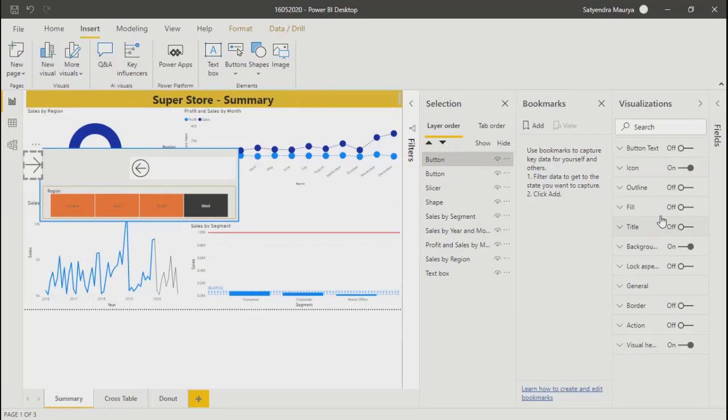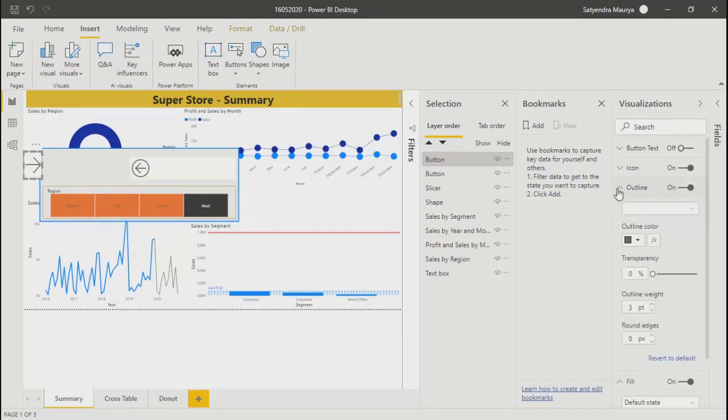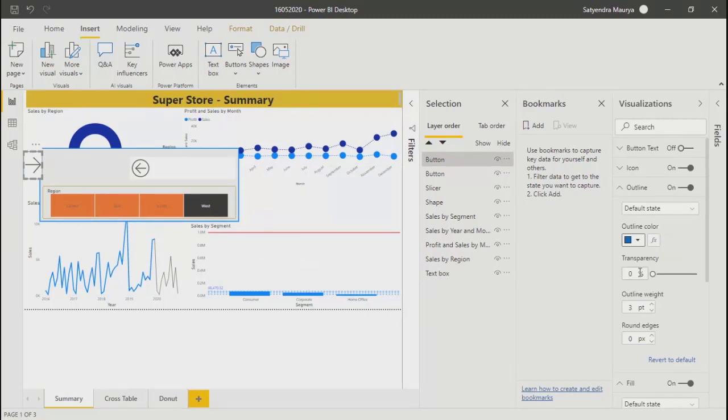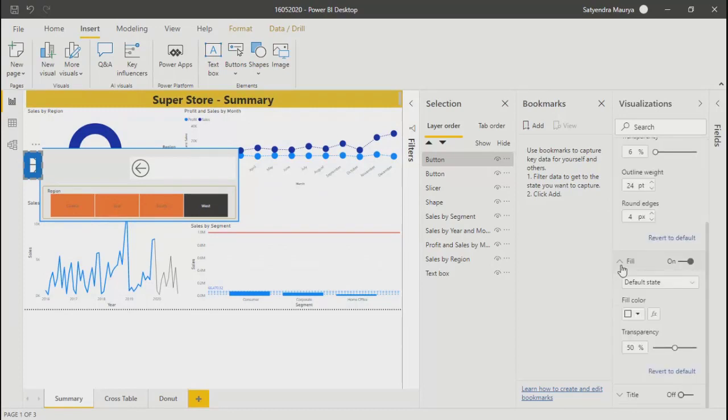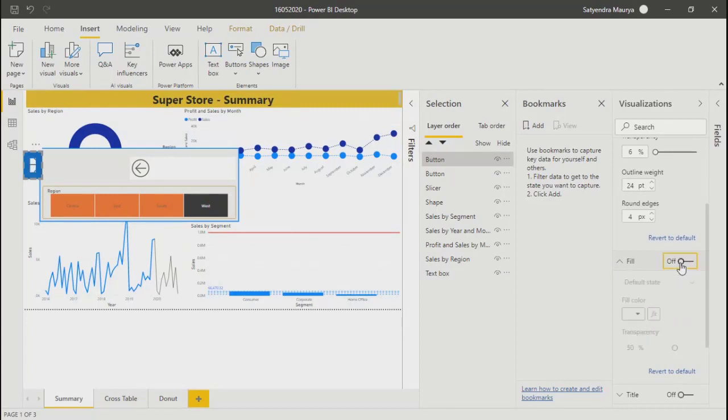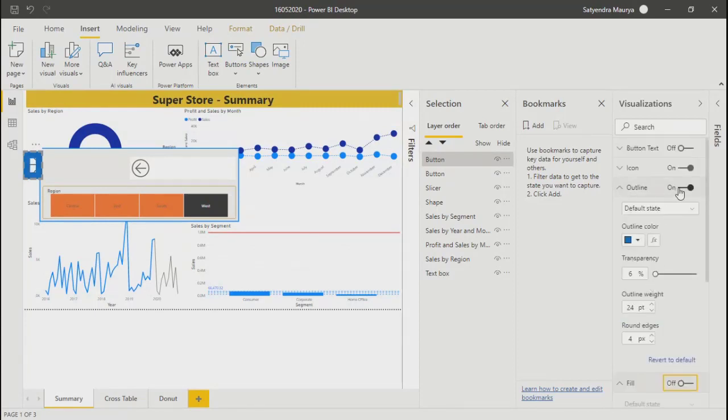How can we format it? Okay, I'll leave it as it is.